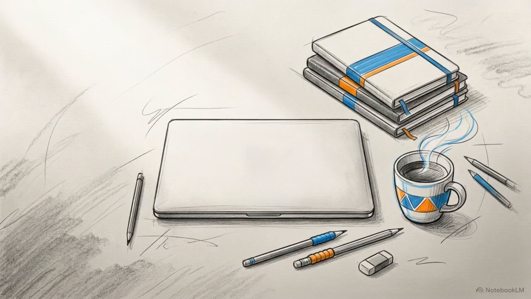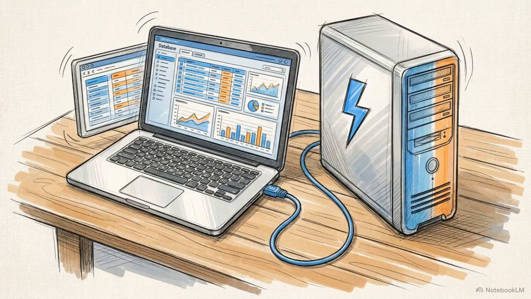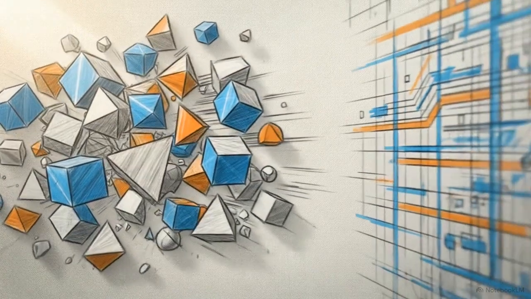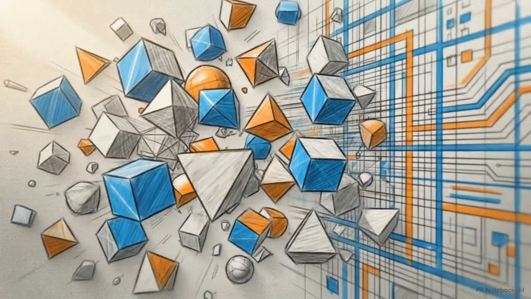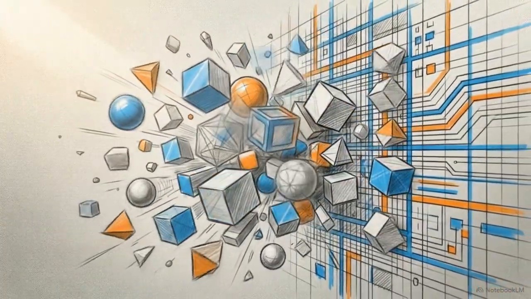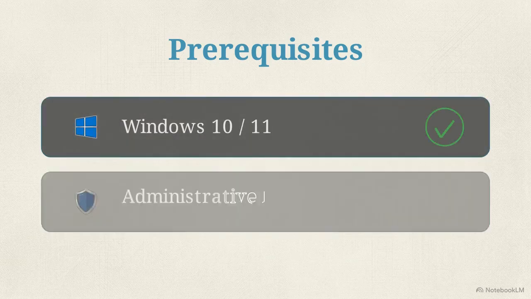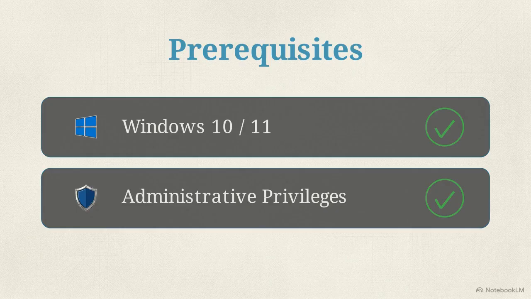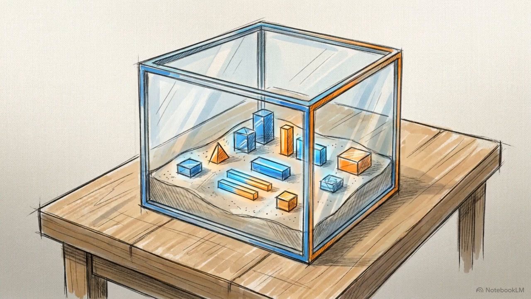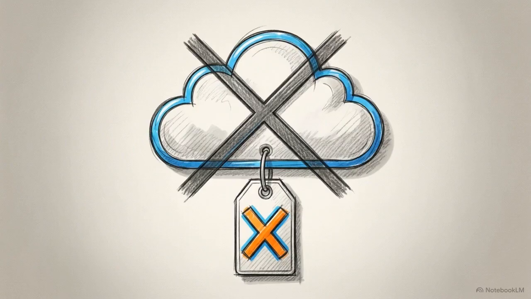We are going to take your standard Windows PC and turn it into a fully functional, locally hosted database environment. By the end of this setup, you will have a working database interface, successfully querying and retrieving actual data. To get started, you only need two things: a machine running Windows 10 or 11, and administrative privileges on that machine. Setting up this local environment means you can master SQL in a private sandbox without needing to pay for